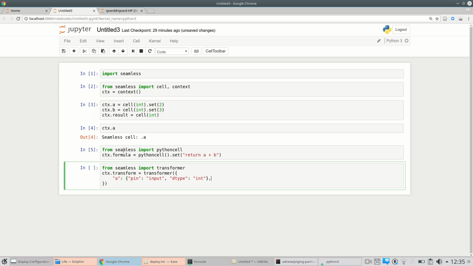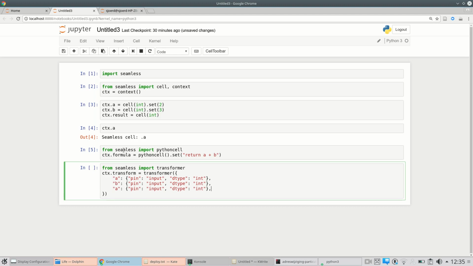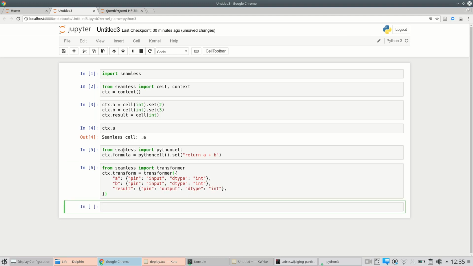Integer. Same for B. And same for the results, except that result is an output. Just like that. And now you see that the transformer, let's call it T,